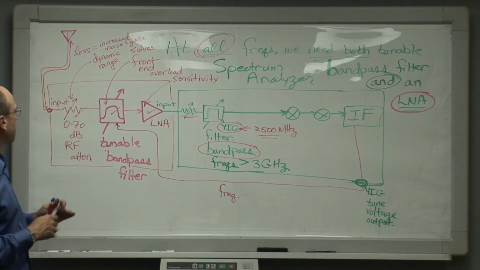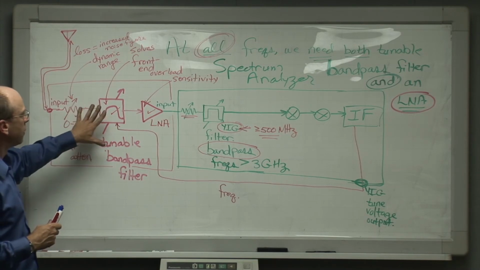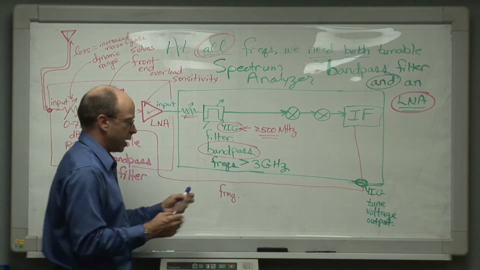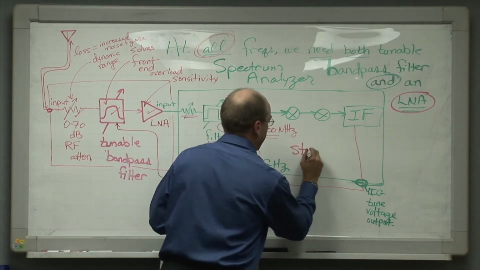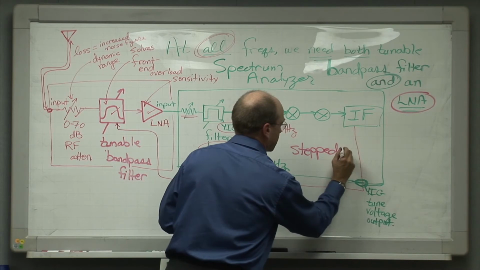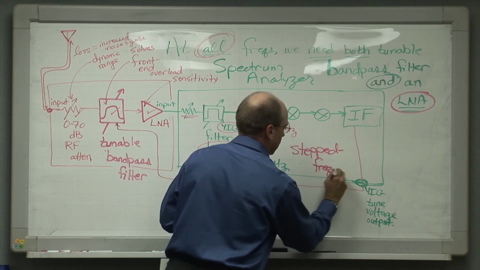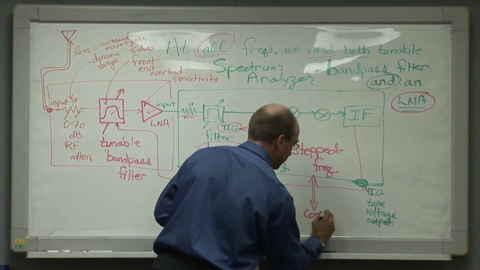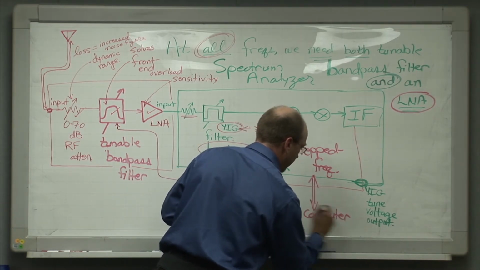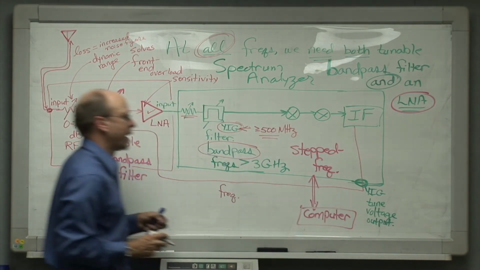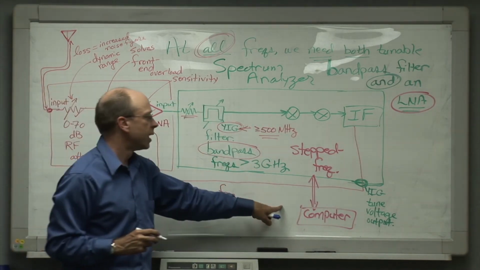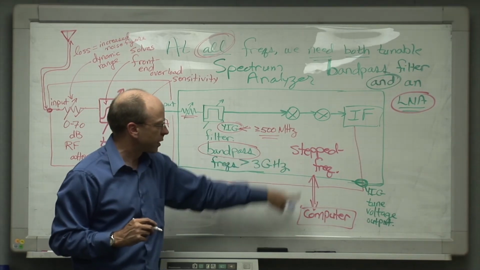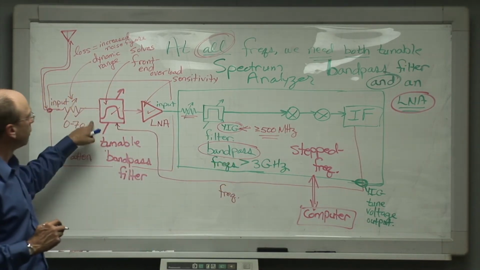That in essence is on paper what we need to do to measure a radar. We're going to operate the spectrum analyzer in a stepped frequency mode, which will in turn require that the analyzer be controlled from a computer, because you wouldn't want to have to step across all those frequencies manually. In complement to the step frequency mode on the spectrum analyzer where it's controlled by a computer, we build our own front end